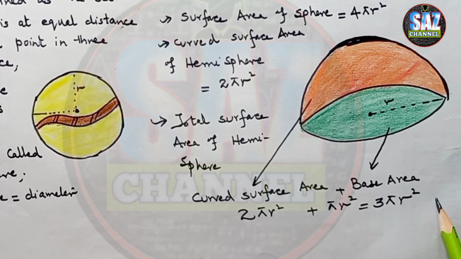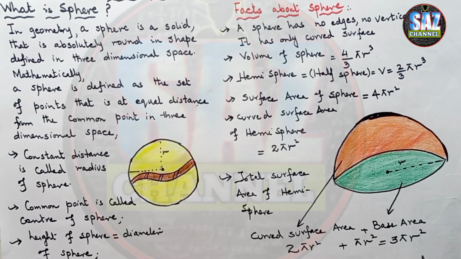I hope you are clear about what is a sphere, what is a hemisphere, what are the formulas for the volume and surface area of sphere and hemisphere, and the comparison between the circle and sphere. The common points between the circle and sphere are the radius, center, and the diameter. But a sphere is not a circle because a sphere is a three-dimensional solid object. The balls around you, the tennis balls around you, and all round objects, but they have to be solid, they are spheres. I hope you are clear about today's class.